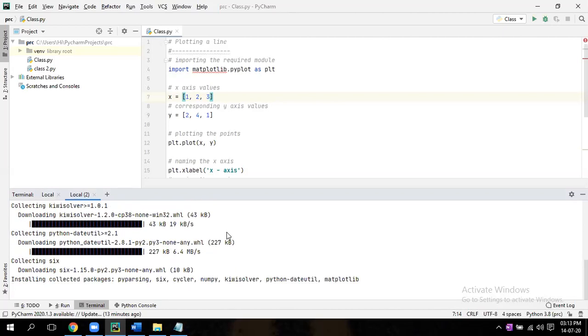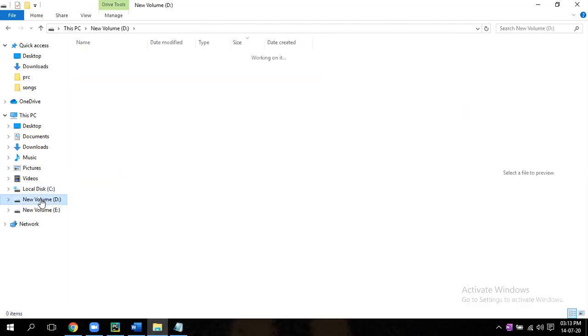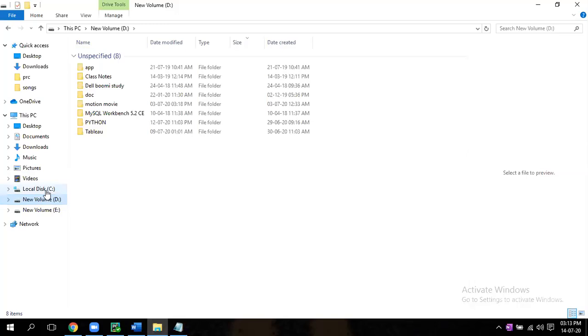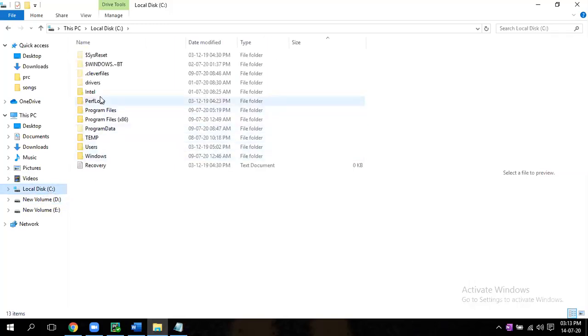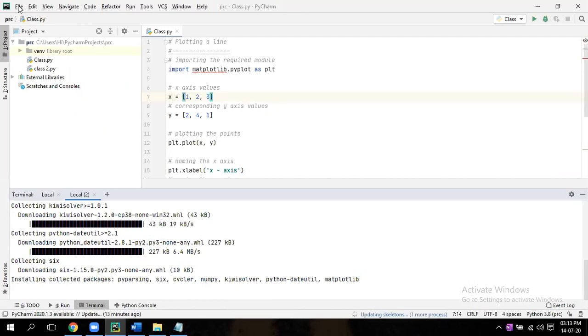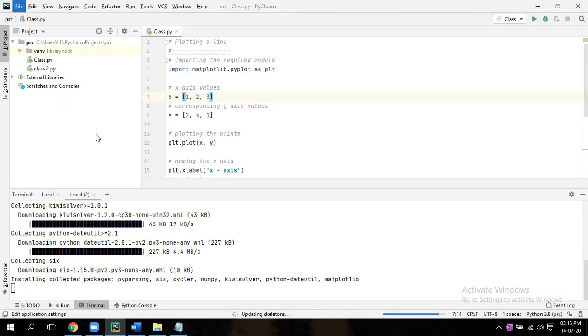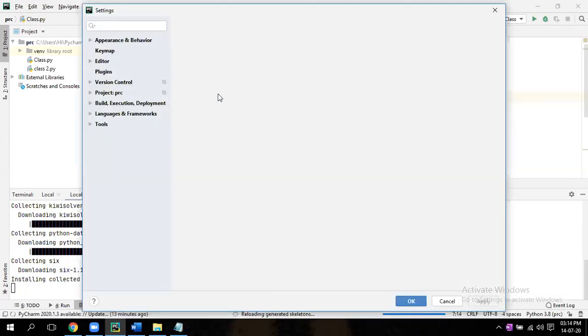Okay, do one thing. Go to file. Open PyCharm. Now go to settings.